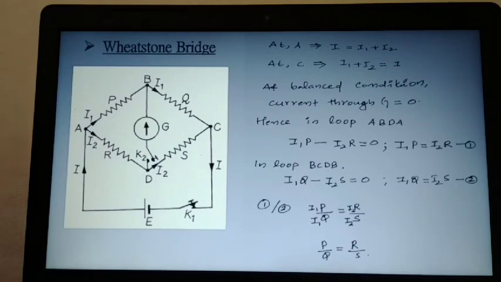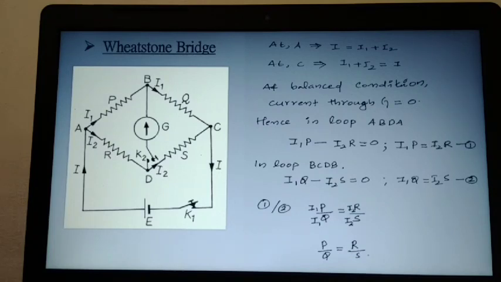I already told you, the current that starts from a cell, the same current will come back to the cell. So remember, I starts from E, reaches the point A, and splits into I1 and I2. I1 reaches the junction B; it will not split into Ig and I1 minus Ig since Ig is equal to 0, since the Wheatstone bridge is balanced. So I1 will flow from B to C directly, and as I2 reaches the point D, there is no Ig flowing from B to D, so I2 will move from D to C. At C, I1 and I2 are the entering currents. They will leave as the sum I back to the cell E.